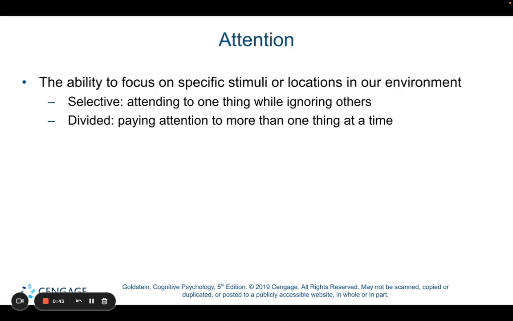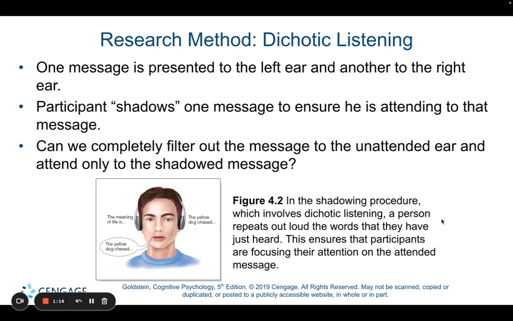Divided attention happens when we pay attention to more than one thing at the same time. For example, there's been a lot of recent research on distracted driving. When we drive, a lot of times we try to divide our attention. We drive the car, which takes us maintaining our attention, but we might also listen to music, or talk to other people in the car, or take a phone call. Those are all situations where we're dividing our attention and paying attention to more than one thing at a time.